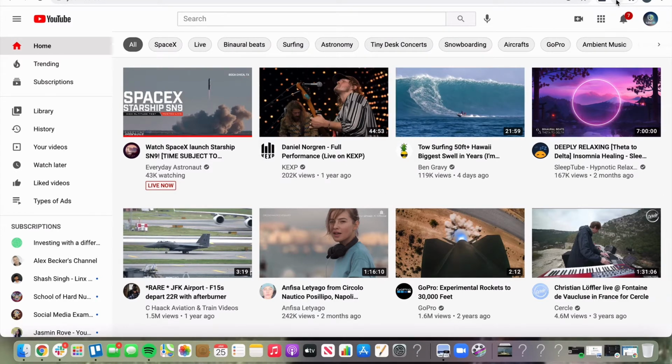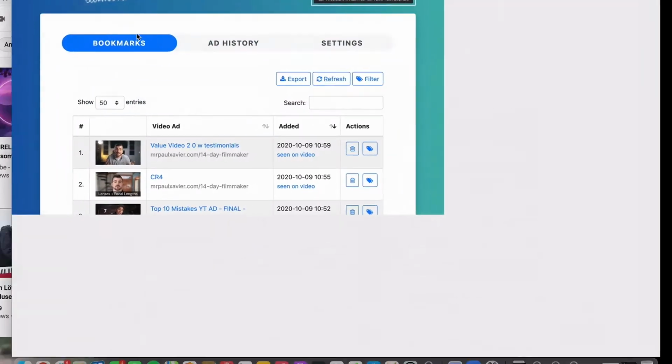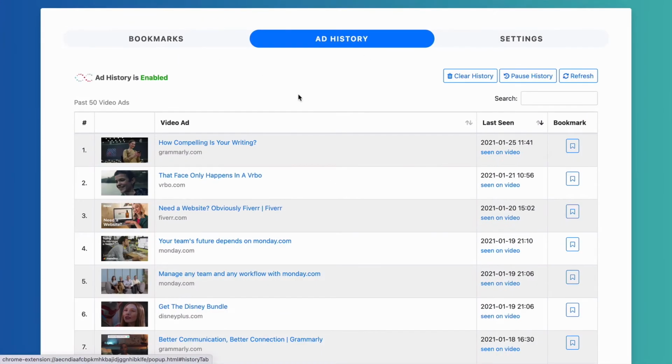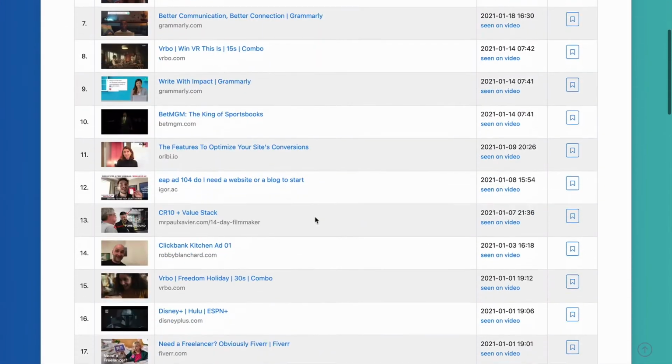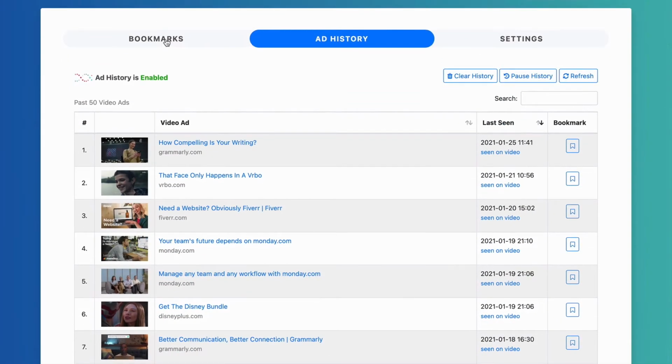So we have this little TubeSift icon up here, and that is the bookmarker. It's enabled. So when I click it, it brings up the bookmarker. I can make it big here. And what it does, it keeps track of the last 50 ads that you have seen. So if there's a good ad, you can choose to bookmark it yourself, which will put it over here in